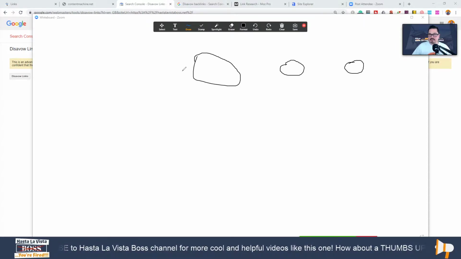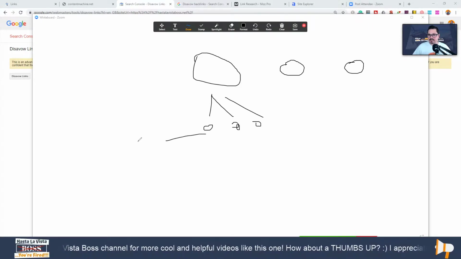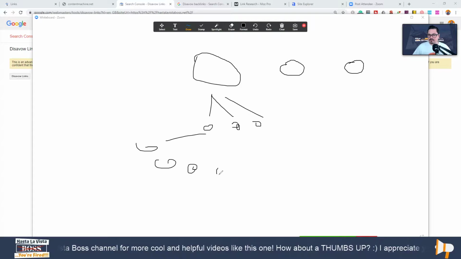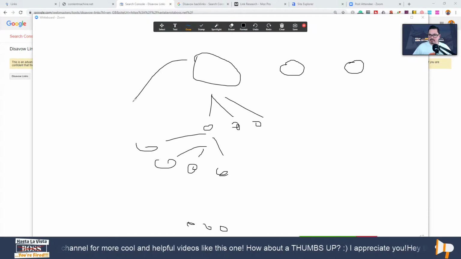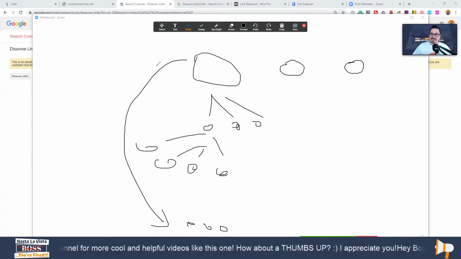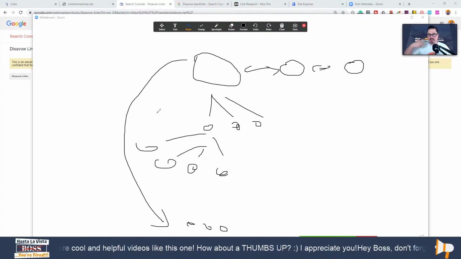They have all the signals of trust that they need, and this site is gonna link to this site, to this site, like this, for example, and then these sites are gonna link to another 200,000 websites, something like that. And the further you are from these seed sites that Google trusts, the less authority and the less trust they're gonna give to your website,